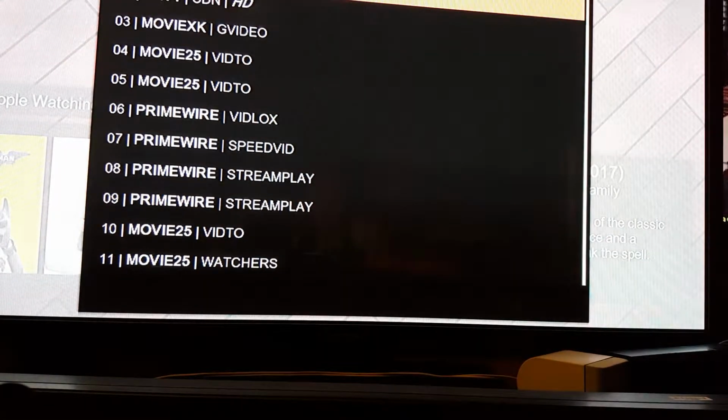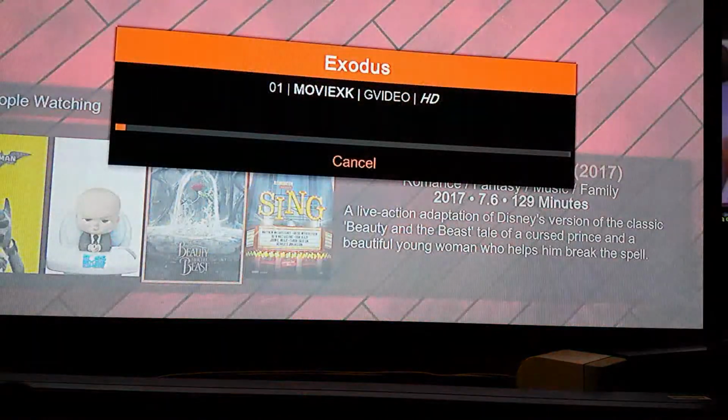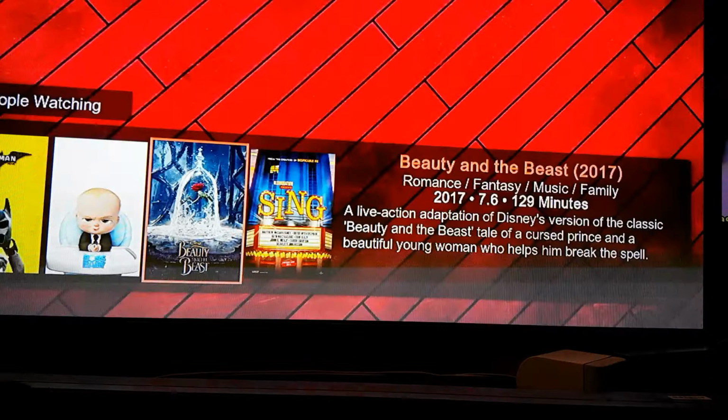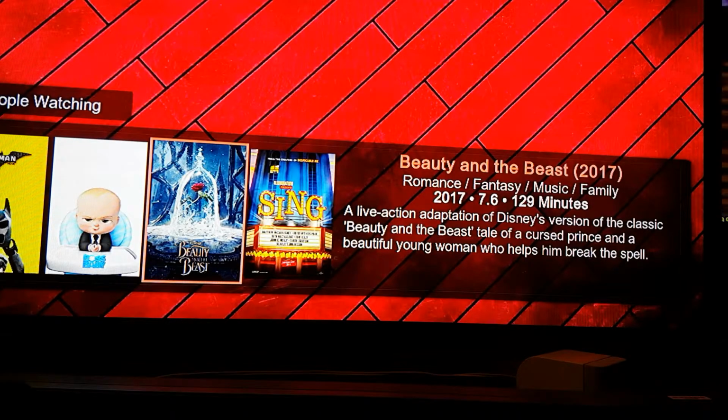I start from the top and work my way down unless I know which sources I like and that have been most reliable and consistent. So if I were to click the top one here by selecting it with the center button on your remote again, you see, it actually skimmed down to the second source when I did that, but it worked by just clicking it. So right now it's about to go into